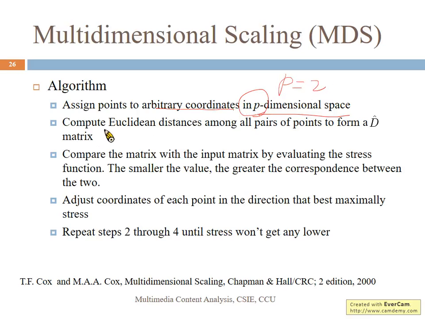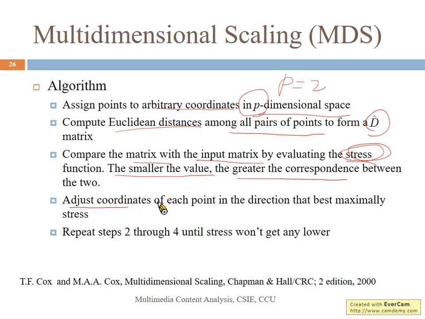And then we compute the Euclidean distance between all pairs of points to form a D hat matrix. And then we compare the matrix with the input matrix and evaluate the stress value. The smaller the value, the greater the correspondence. Then we adjust the coordinate of each point in the direction that best